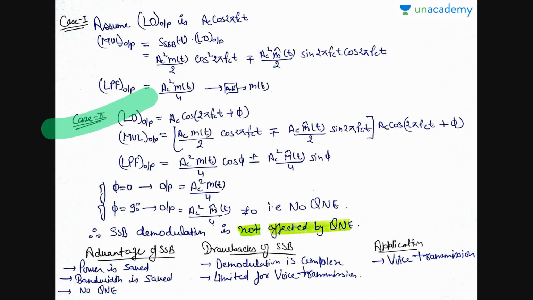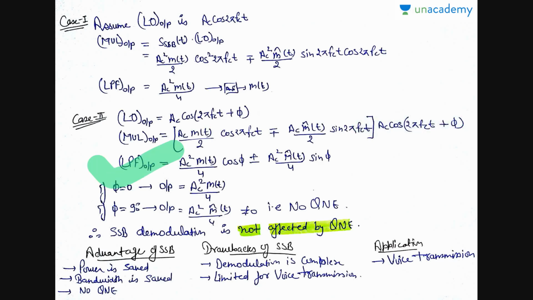Now let us take the second case of the phase shift, that is the no phase synchronization case, in which the local oscillator output is Ac cos(2πfct + φ). The output of the multiplier is Ac m(t)/2 cos 2πfct ∓ Ac m^(t)/2 sin 2πfct, multiplied by Ac cos(2πfct + φ), and